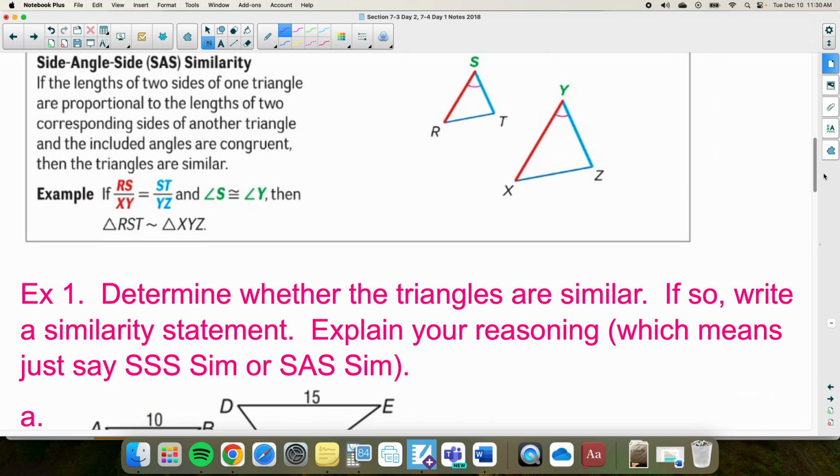The second way that we can do this is called side angle side similarity. Just like with congruent triangles, side angle side, the angle has to be right in between the 2 sides, okay? The angle has to be right in between the 2 sides. Your angles have to be congruent. The sides have to be, this one's too easy. Let's do,